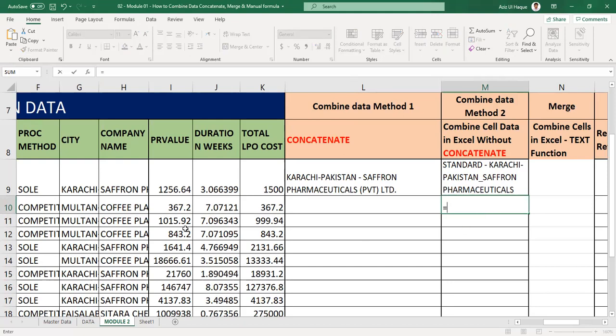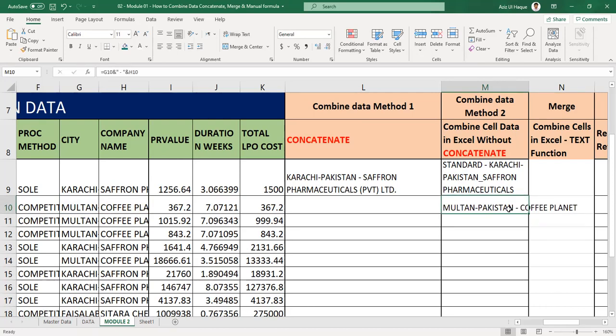Equals city name and inverted commas, space, dash, space, inverted commas, and the ampersand function, this value. See what it does.